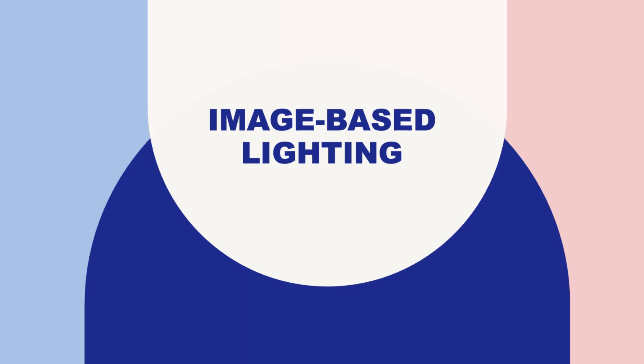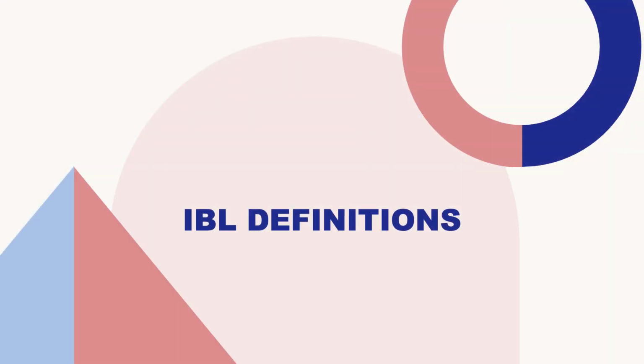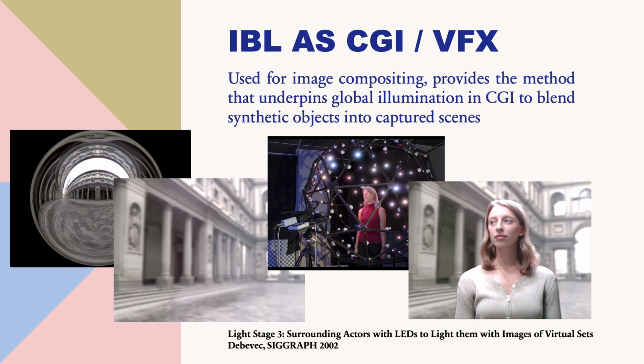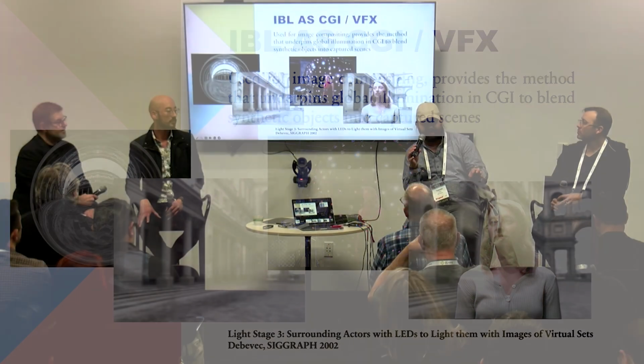So the first definition that I've chosen here, IBL as VFX and CGI. This was kind of the first usage of the term image-based lighting, and I think many people, especially here in Silicon Valley and in a lot of VFX research, will be most familiar with this definition, where in the late 90s and early 2000s, the use of 360-degree imagery to provide diffuse lighting and ray-traced computer-generated imaging really changed the way that all computer graphics would be done for the foreseeable future